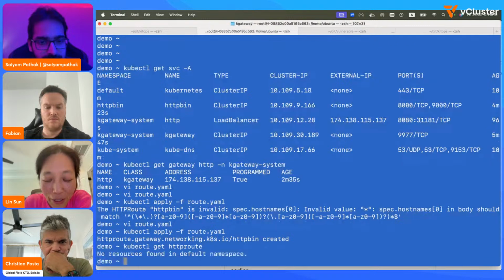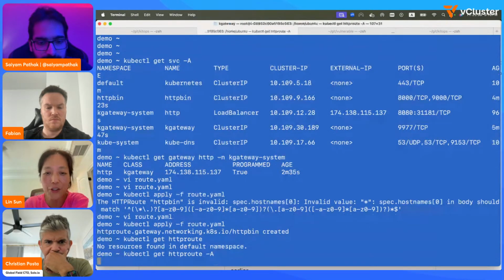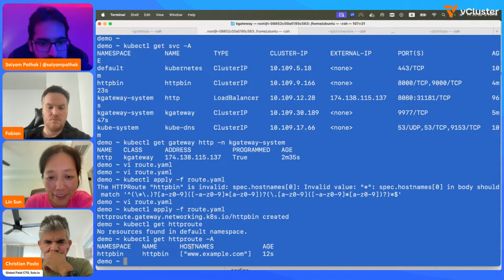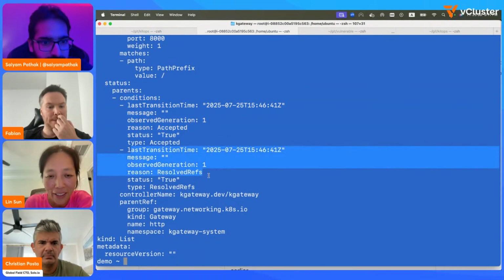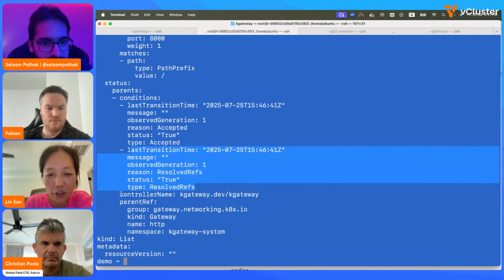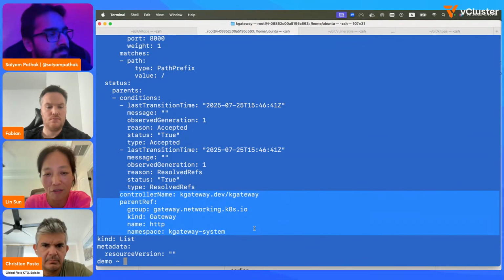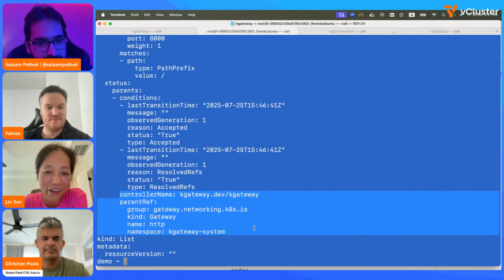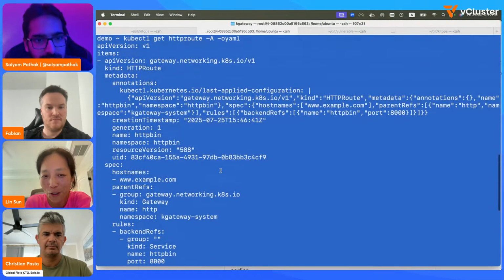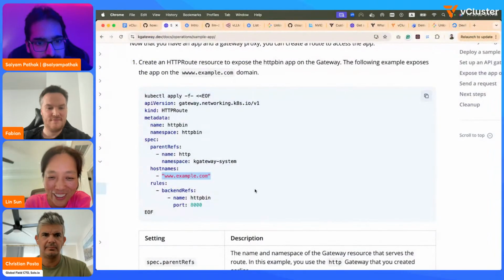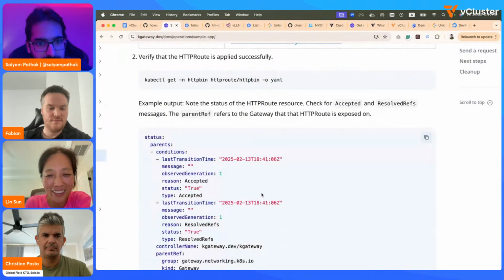All right, so by the way, you can do a status check. It's in the httpbin namespace. So a good practice right now is actually to dump out the resource and check the status. It's important to make sure it's accepted, and if it's not, it typically would give you a good reason why. So we do have nice validation, as you can see, right? The hostname failed, and it also gives very good hints to the user regarding the status of the routes. Now you should be able to hopefully access your HTTP application because everything is looking good.